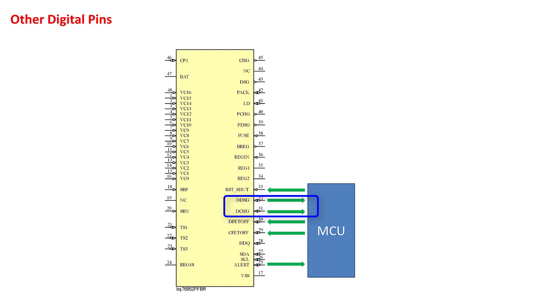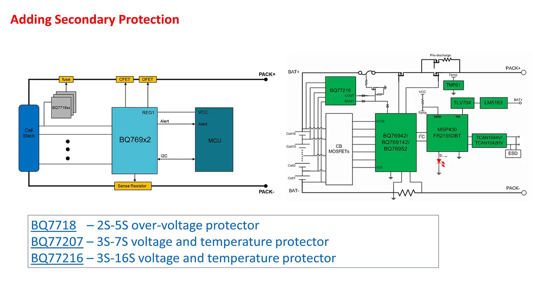The decharge and de-discharge pins can be used to communicate the state of the protection FETs to the microcontroller. These pins are digital outputs that reflect the state of the charge and discharge pin FET drivers. As shown in the low-side FET application report, these pins can also be used with additional circuitry to control low-side FETs. While the BQ769X2 family does have several permanent failure features that can be configured to trigger a fuse, some applications require a separate individual IC for secondary protection to provide redundancy in a system.